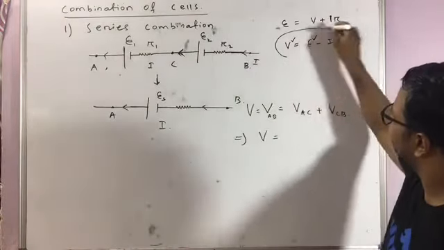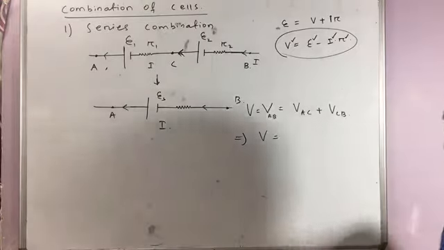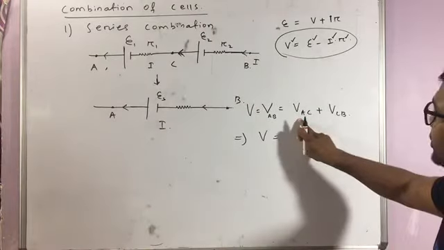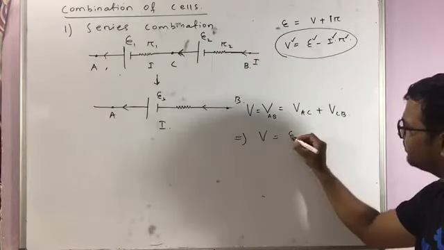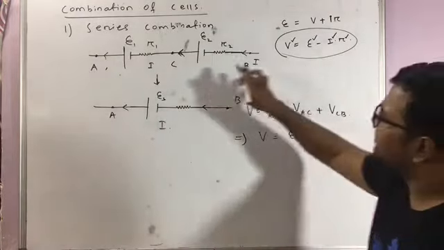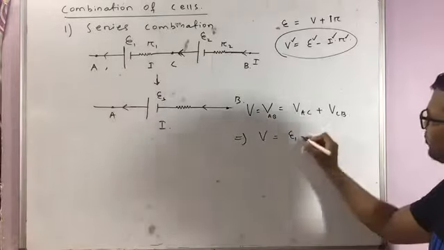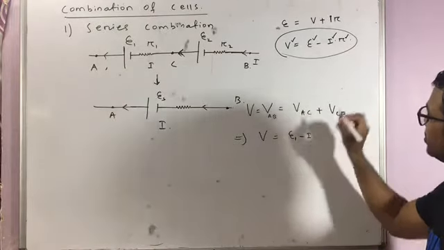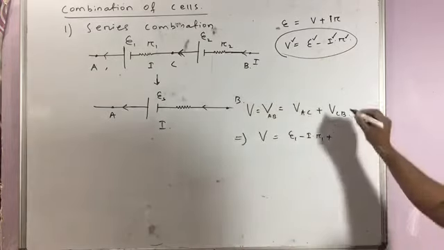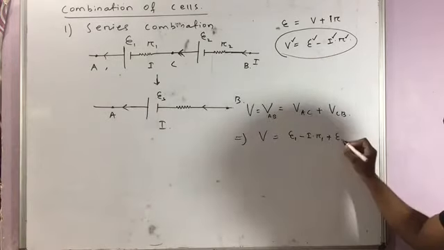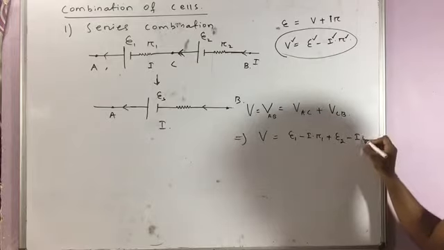So which we can find by this equation V. So VAC is equal to the EMF of that cell, which is your E1, and the current sent by the cell is I. So E1 minus I into R1 plus, similarly for VCB, E2 minus I into